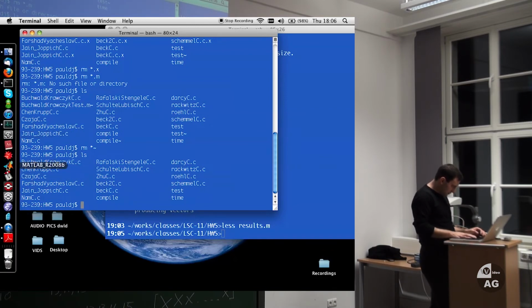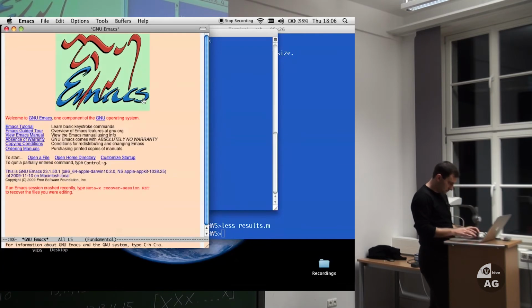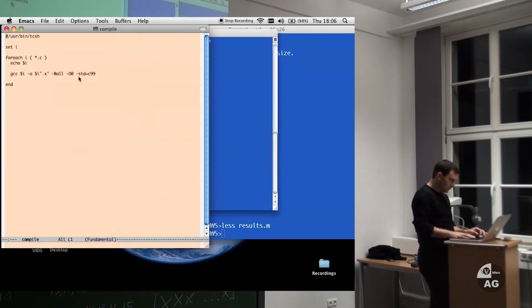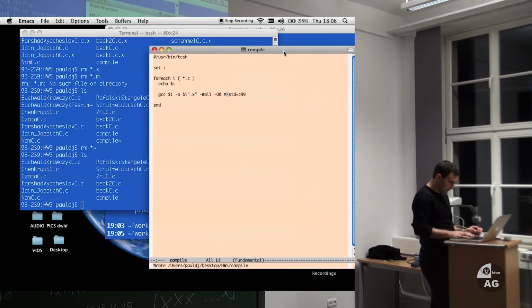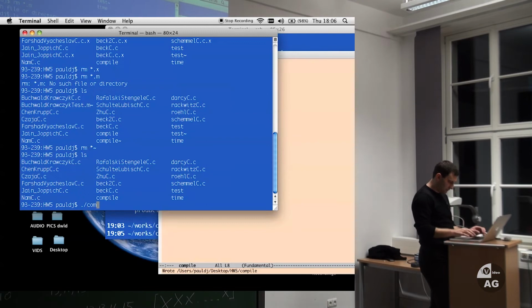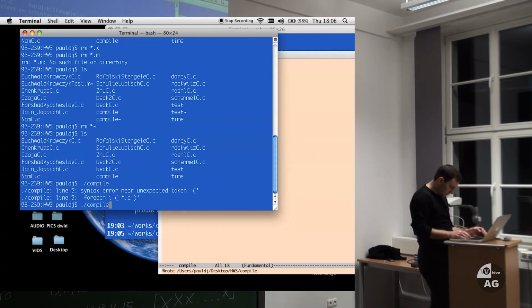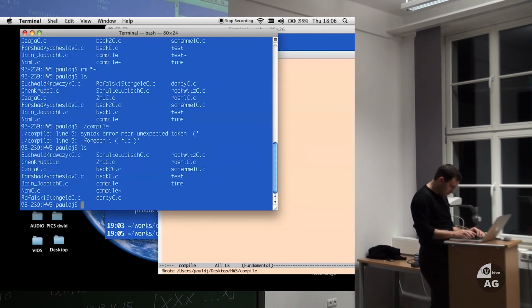Emacs, here. Compile. So we have to do it in 2 runs, same story as before. Compile, why doesn't it compile? Ah, I see.